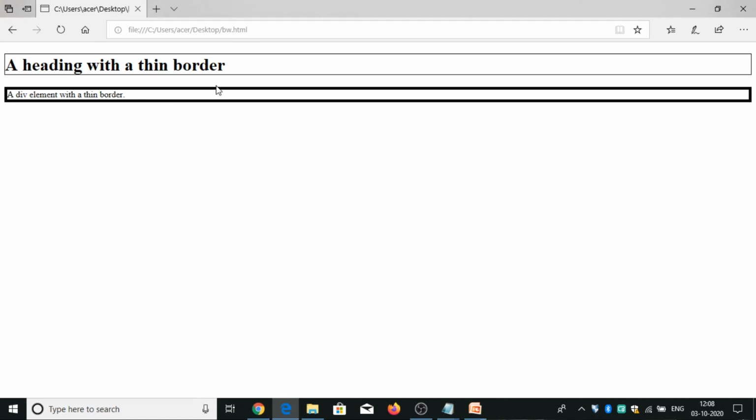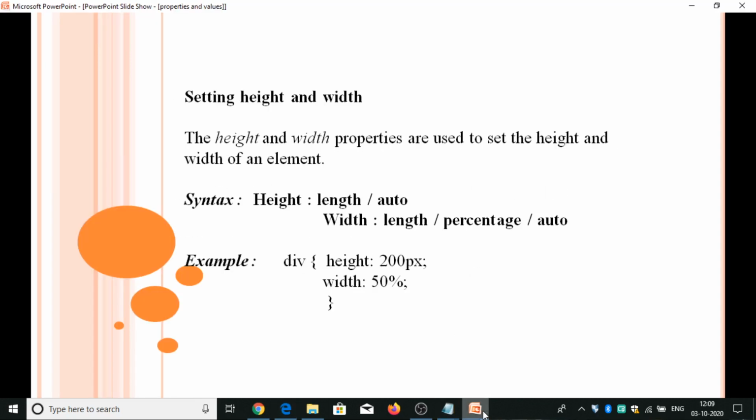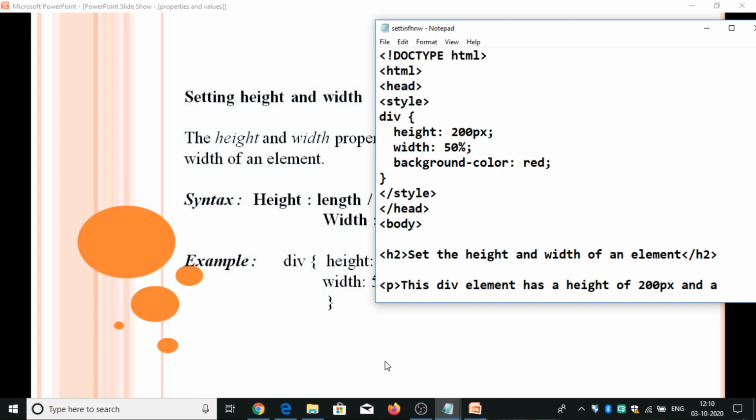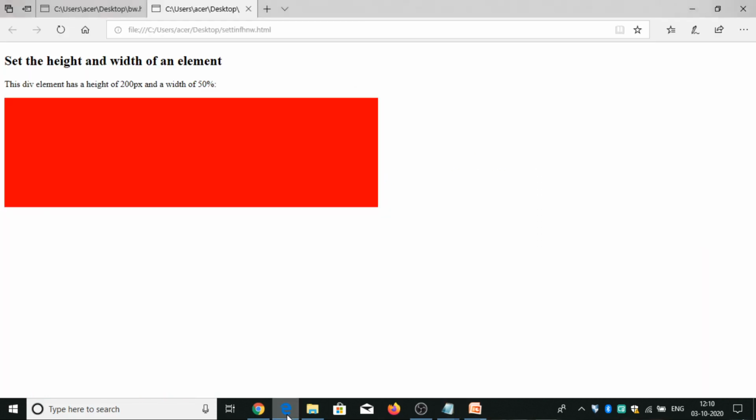H1 with thin border, div with thick border. We can specify the height and width of the border also. For that we use height and width properties with some values. This is the program for that, and the output of the program is like this.